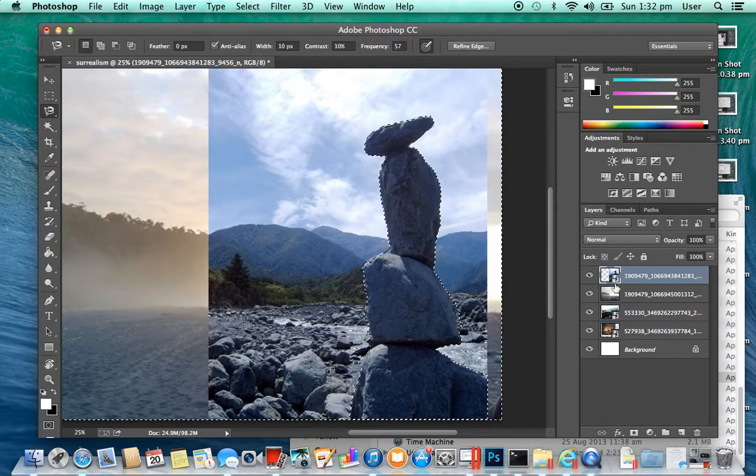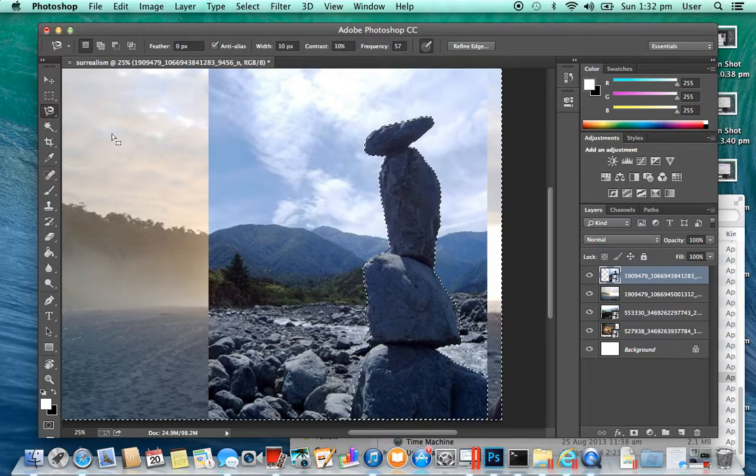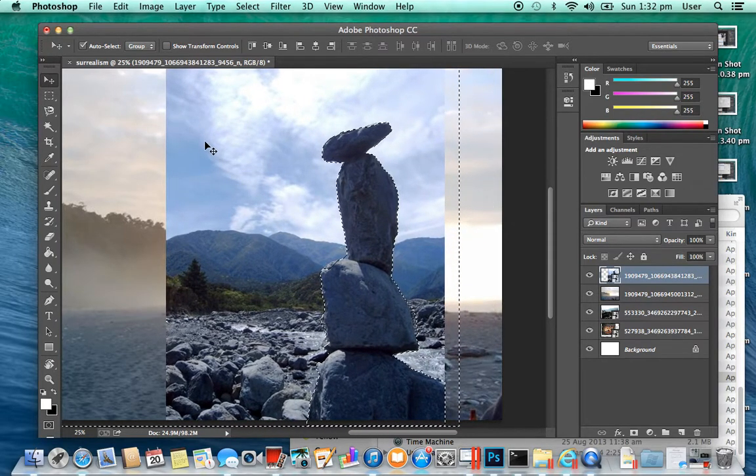Now we can see this layer here. Instead of looking just like a little thumbnail of our image, it's actually got a little page, a little image in here as well, which means it's a smart object. Now to make it unsmart, so we can start to alter it, there are a few things that we can do. So to begin with, what we can do